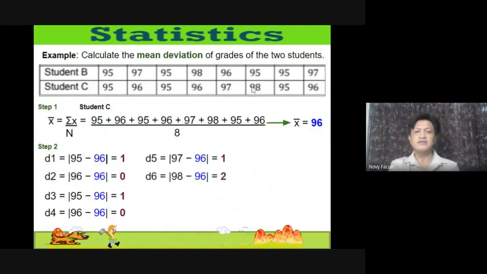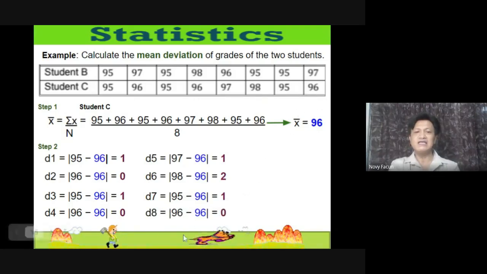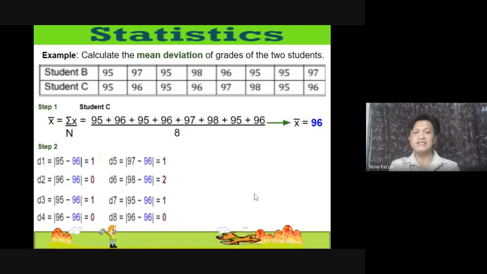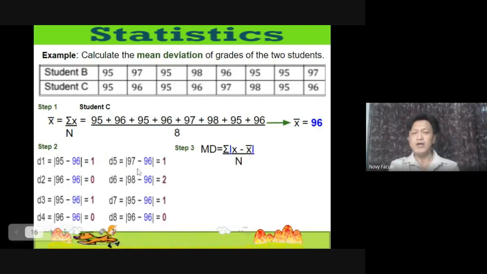And this of 6, that is 98 minus 96, that is 2. And this of 7, this is 95 minus 96, that is 1. And this of 8 is 96 minus 96, 0. Then, proceed tayo ngayon sa ating step 3, which is we are going to apply the formula, meaning to say, add lang natin yung nakuha natin lahat sa step 2. Kaya nga, that is, mean deviation is equal to